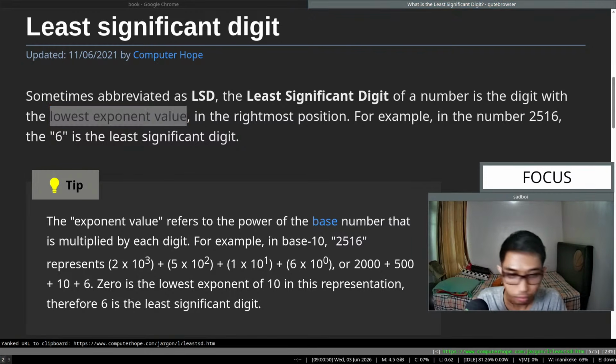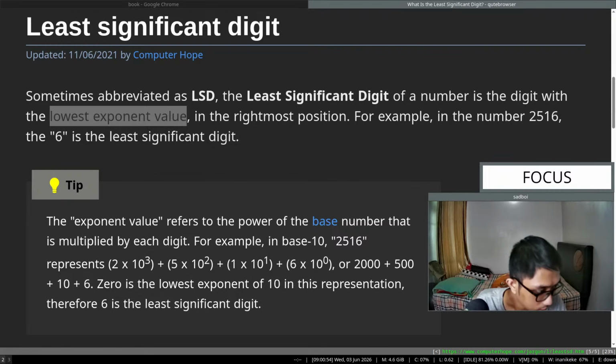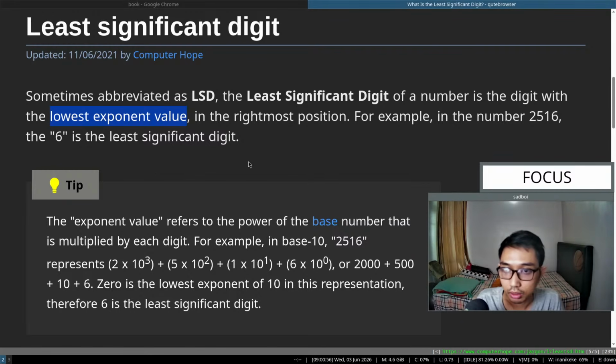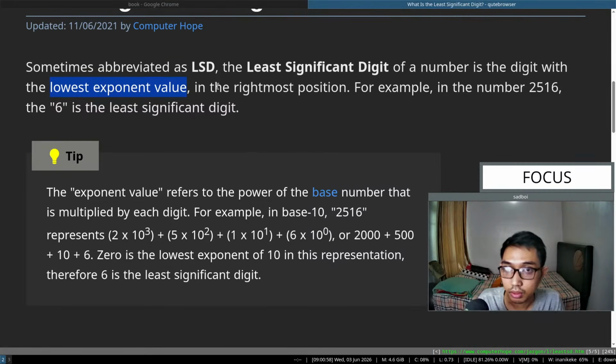Okay, let me copy this in the chat in case anyone wants to take a look. In the rightmost position,